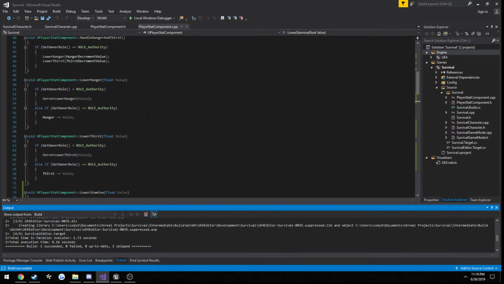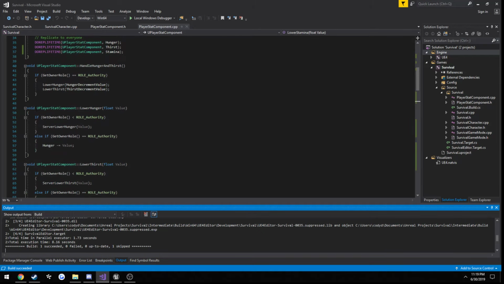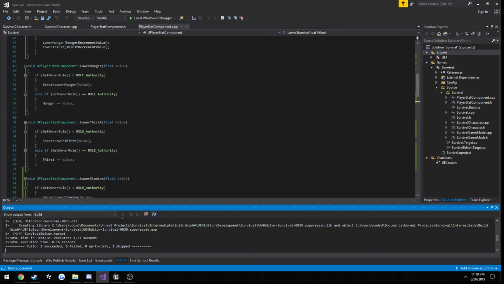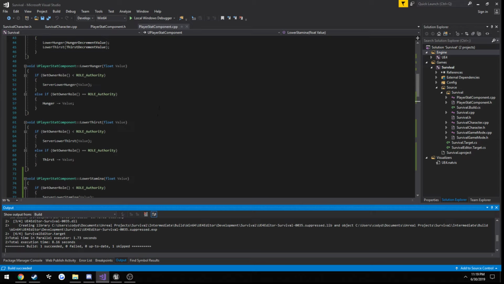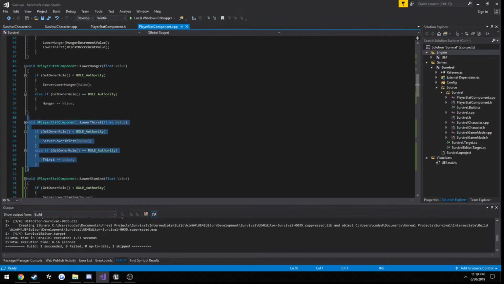So at this point, we should now have a functioning hunger and thirst and stamina system, as well as sprinting. So I guess in the next video, we will either be doing health, which I already have a video on. It's literally going to be essentially this again, just with the implementation of a take damage function. And we'll be setting that up in different ways. Actually, instead, we'll actually be doing